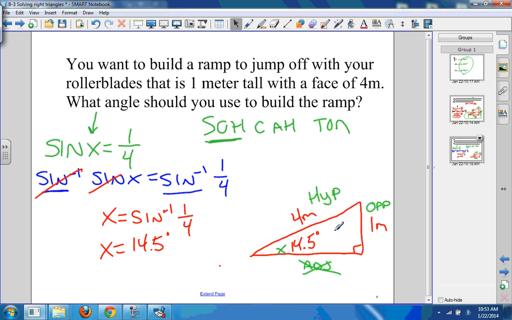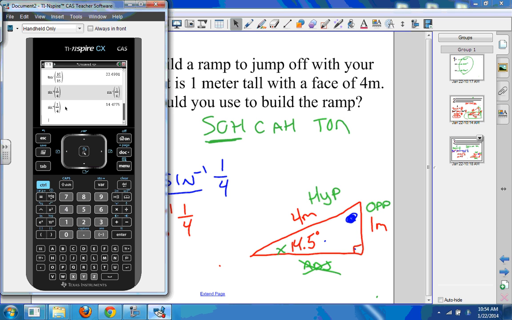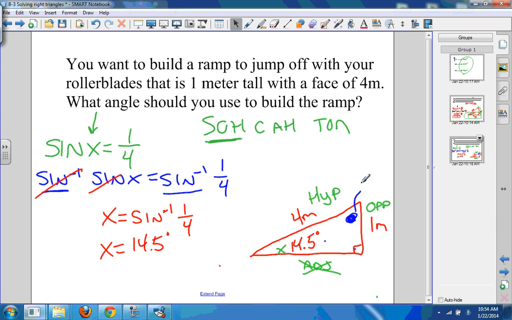If I want to know what our other angle needs to be for our triangle, the one right here, you guys should remember that all 3 angles have to equal 180 degrees. So we can figure that out really easily by taking 180 and subtracting 90 from it, and also subtracting 14.5 to come up with the rest of 180, and this angle should equal